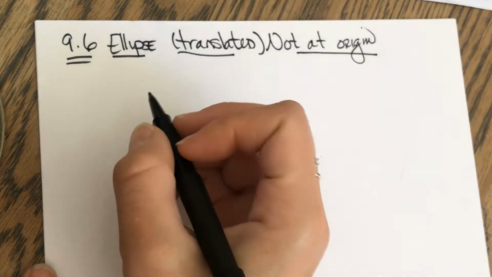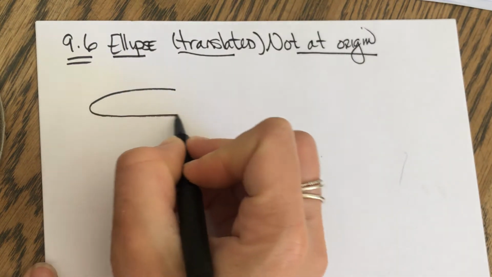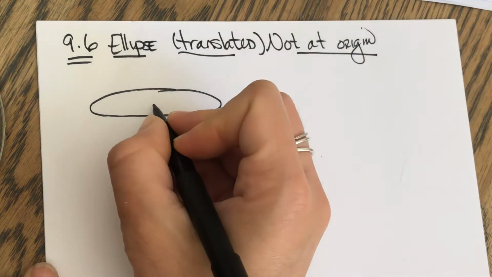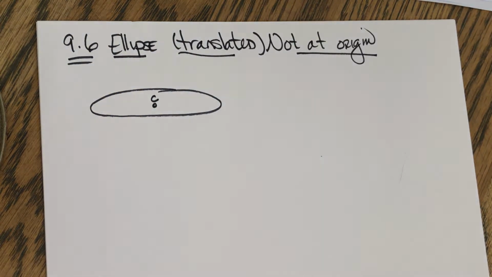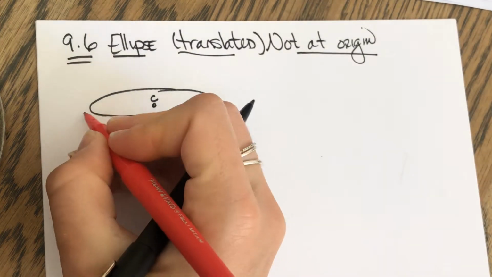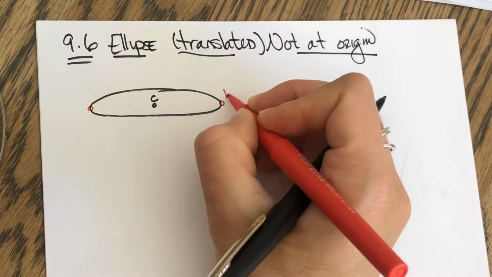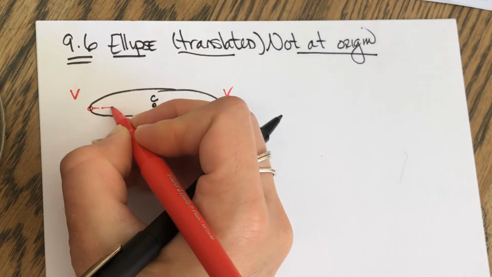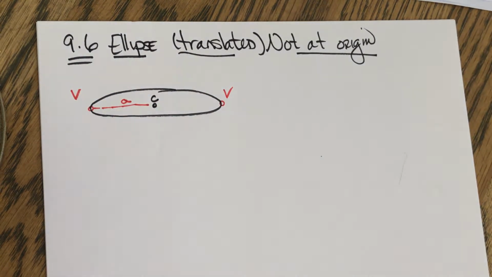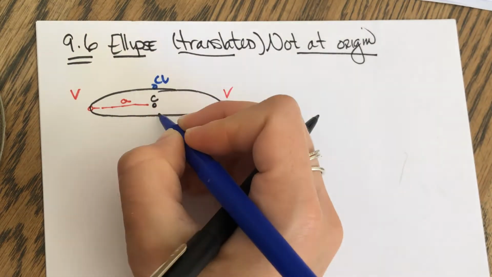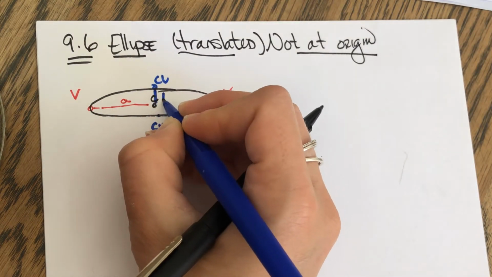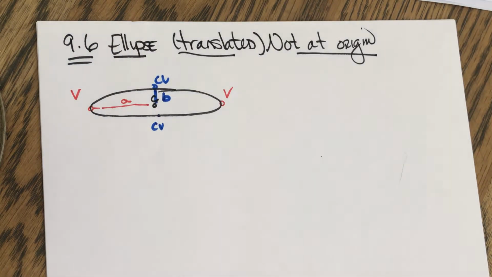All right, let's just kind of review. So if you have an ellipse like that, right, we all know that this point is my center point. These 2 points are your vertices, which is our A, right? And then this is my co-vertice, this is my B value. And then,